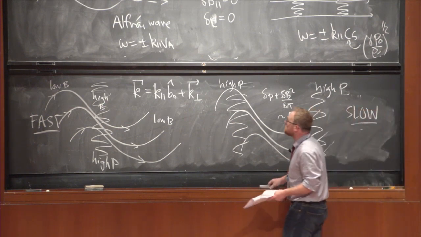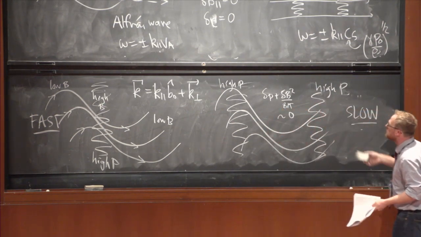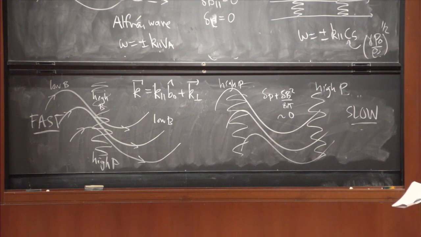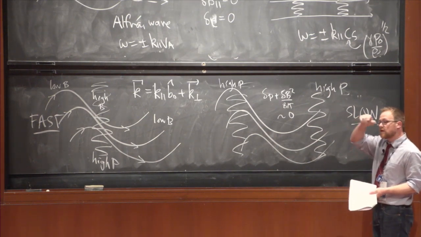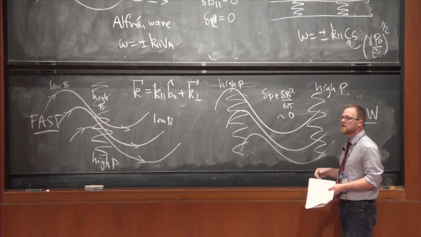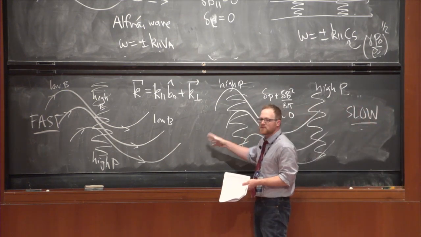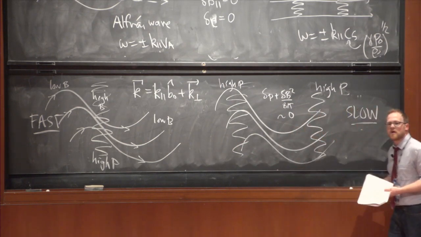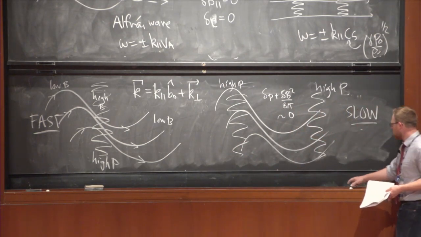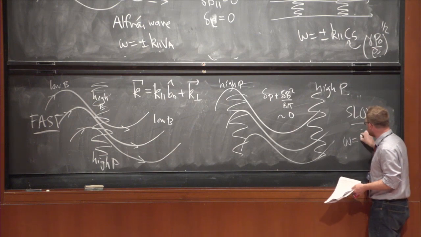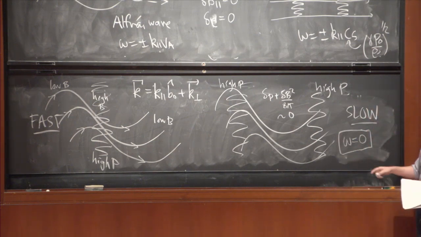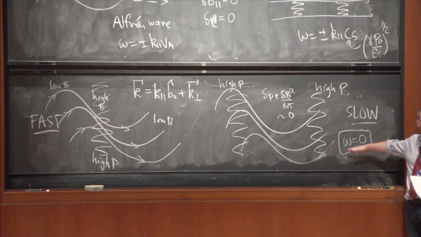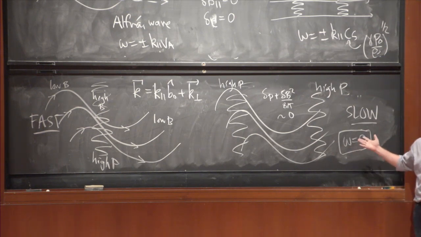So the point of just the qualitative discussion that I've given here is that there are several different classes of waves. You have sound waves, you've got Alfvén waves, you've got these hybrids, which are called magnetosonic waves. There's basically two types of magnetosonic waves, a fast and a slow mode. There's also something called an entropy mode, which I think is attributed to Russell Kohlrausch, which just basically says that you just relabel all the fluid elements, and that's the entropy mode. So those are all the modes of MHD.